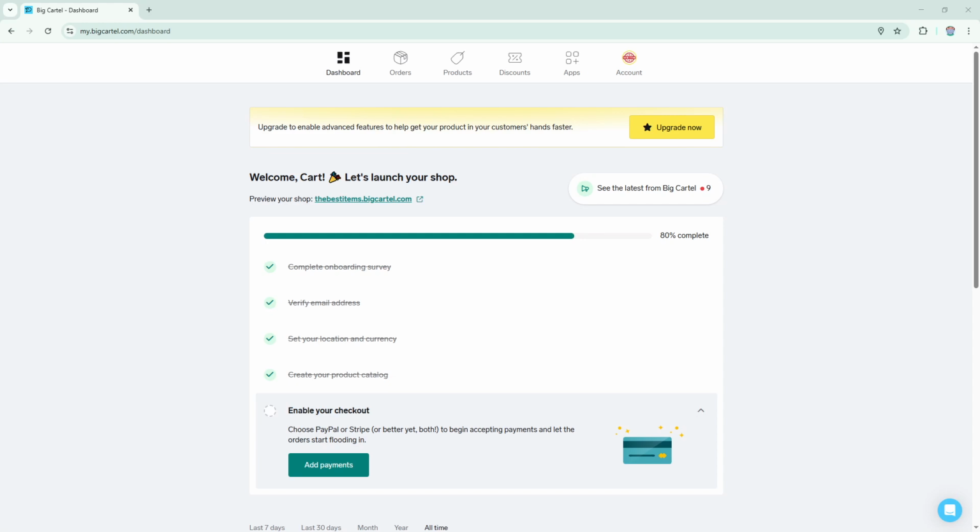First, let's start by navigating to your Big Cartel dashboard. This dashboard is your central hub for managing your store, from adding products to viewing sales stats. Once you're on the dashboard, you'll notice some options across the top of the page. Here, you're going to click on Account. This is where you'll find all the general settings related to your store, and it's the key to accessing your